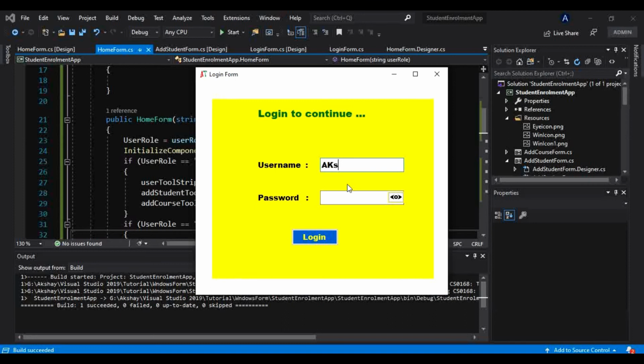Okay, so this Akshay B2, this is nothing but a viewer account, Akshay B2 1994. Let me log in.